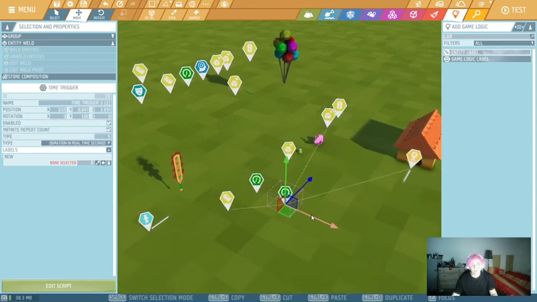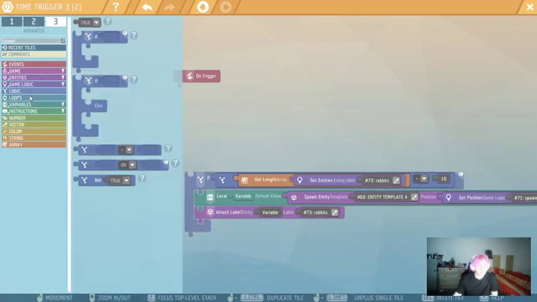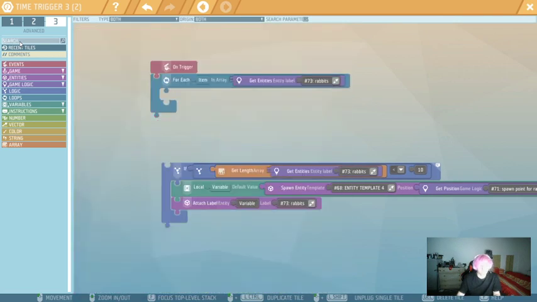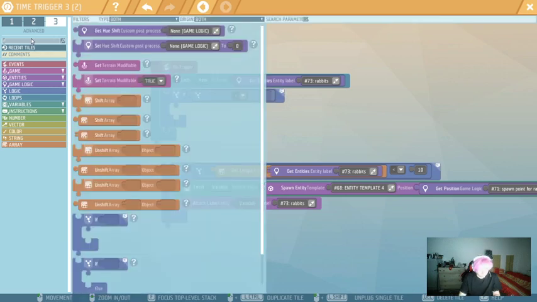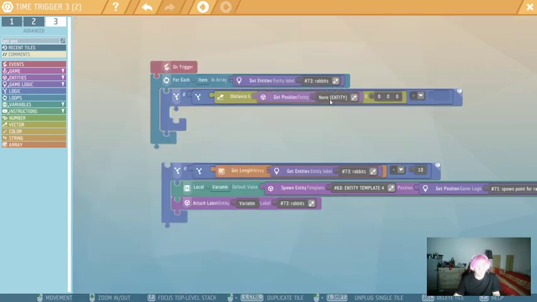let's add another time trigger. And this is going to be a time trigger for checking if the player is close enough to the rabbit so it gets scared. So we don't have to check it so intensively, like 0.5 is going to be enough. So this is going to go through all the rabbits, and we're going to ask if they're close enough to the player. So for each item, if the distance between them is going to be lower than some defined number, distance between get position of this rabbit and get position of our player,